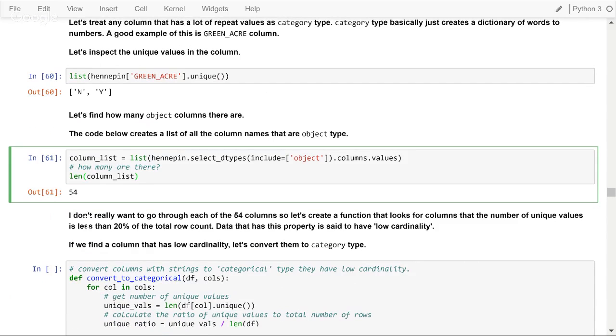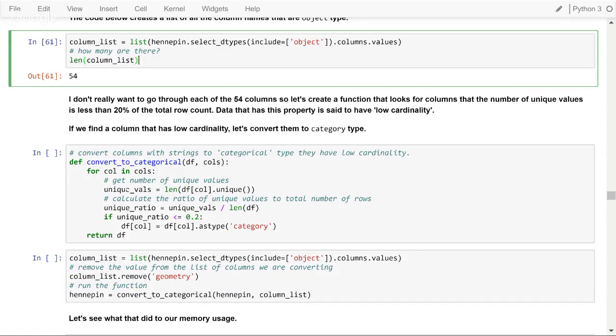But like I said, I don't really want to go through and convert all these one at a time. This is a great way that I think data science differentiates itself from traditional statistics: we create reusable tools to solve problems for us, so that we're not doing stuff one-off, but rather creating things that are more reusable and sustainable. So what I've created here is a function called convert to categorical,